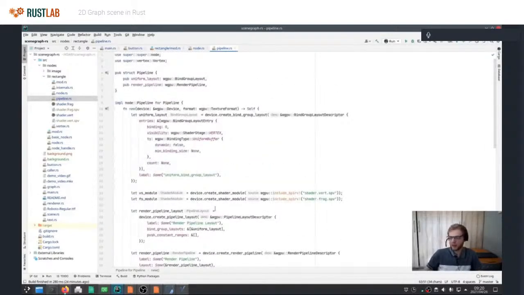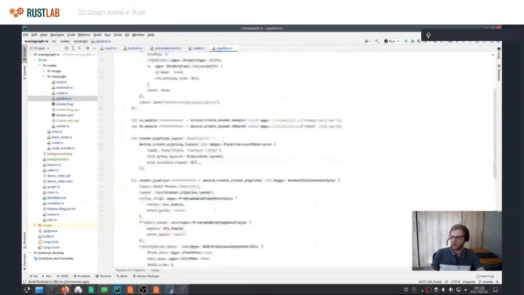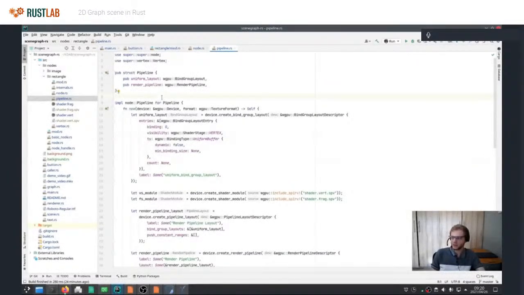An interesting optimization that I already have in my implementation is that pipelines can be reused, because these pipelines are generic. If you've got two different types of nodes which have the same uniforms, basically the same pipeline, then the scene graph reuses the pipeline.